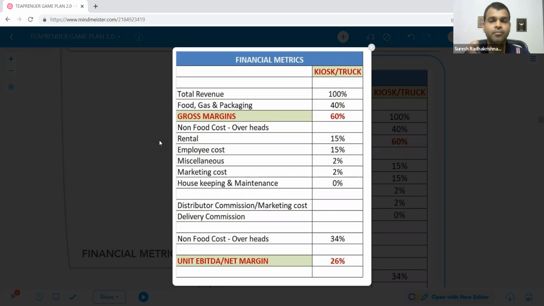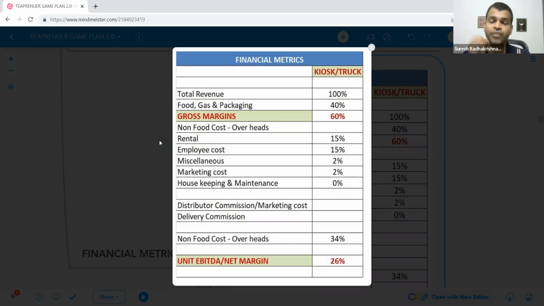If you're selling it at 15 rupees or 20 rupees or whatever, your cost should not go beyond 40%. Okay. Next is rental. Let's say your projected revenue is 3 lakh. If you want to make 3 lakh in that location, your rental should not be more than 45,000 rupees. This is on the higher side. This is the max that you can have. If you get a location at 20,000 rupees, fair enough. It's close to 7%, which is good. If you're able to get a location like that, you will get it.